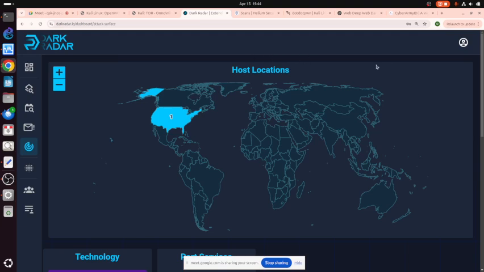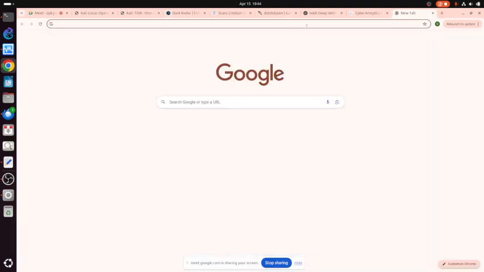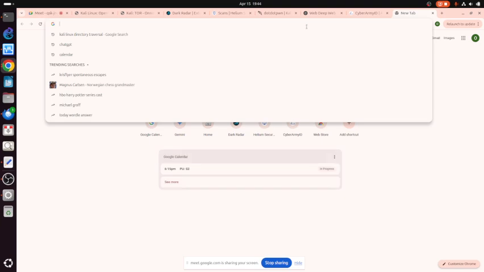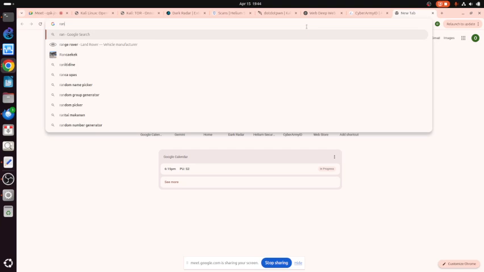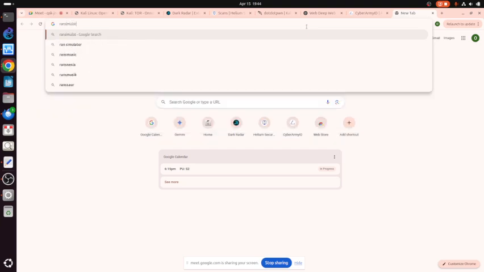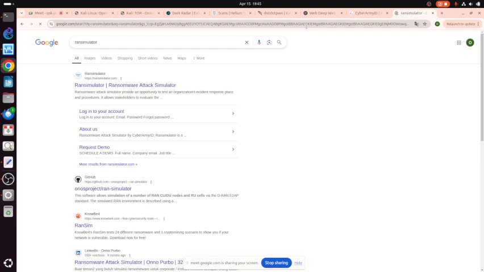The other one that we need to be very careful about is ransomware. Sometimes we need to make sure that all employees in the company are aware of ransomware. One approach is to create our own ransomware and distribute it to the employees. To do this, we can use this one, the ransomware simulator. RAN Simulator is basically a ransomware simulator.